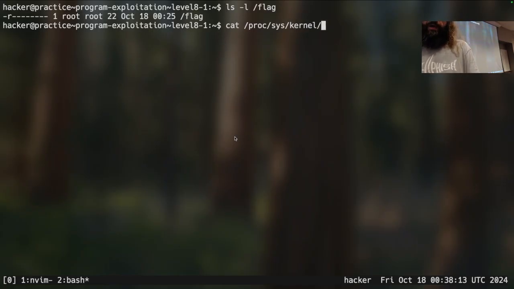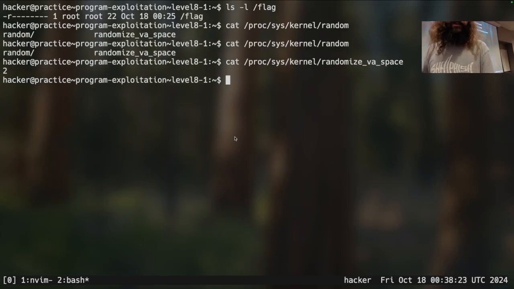They were pointing out that inside proc sys kernel randomize_va_space, this number, because remember proc is a pseudo file system that the kernel exposes, shows us 2. And if we were to look at man proc, this 2 implies that ASLR is fully enabled. It's going to randomize everything that it can. You can probably write to that variable to disable it at the kernel level.